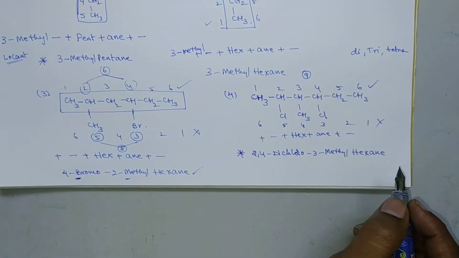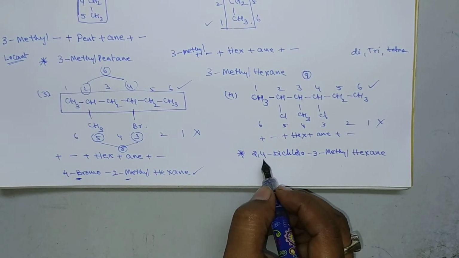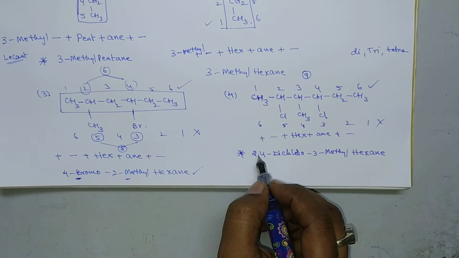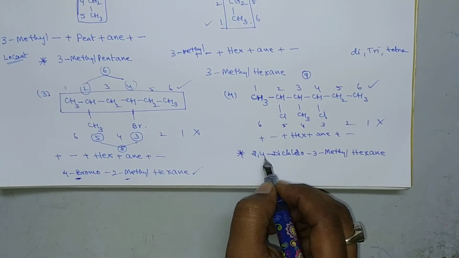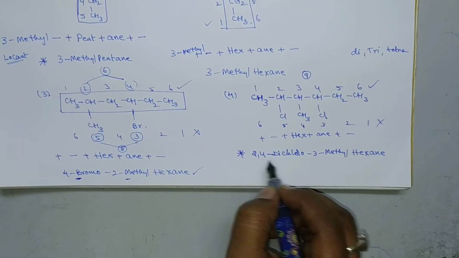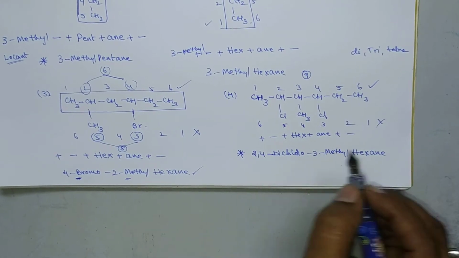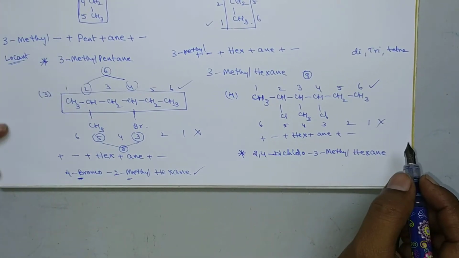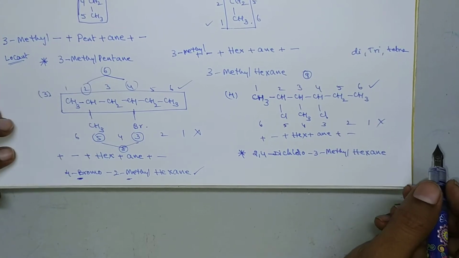Here another rule is that we have to put a comma in between two locants. If there are two or more locants, we have to put a comma. That is also one of the rules. And we have to put a hyphen between a locant and a word. Here it is a locant and it is a word, so in between we put a hyphen. Okay. In these examples there is no functional group, so let us take some more examples with functional groups.